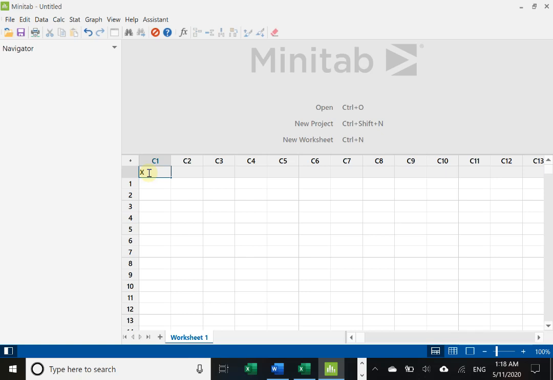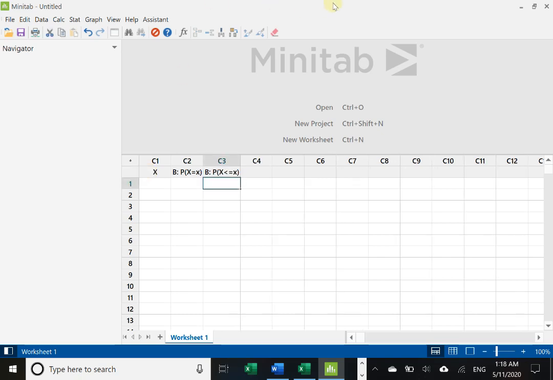Okay, here's X. Next to that, this is binomial. I'm going to do probability of X equal little x. Next to that binomial, I'm going to do the cumulative distribution function. That means less than or equal little x. Okay, and there we have. So we labeled the